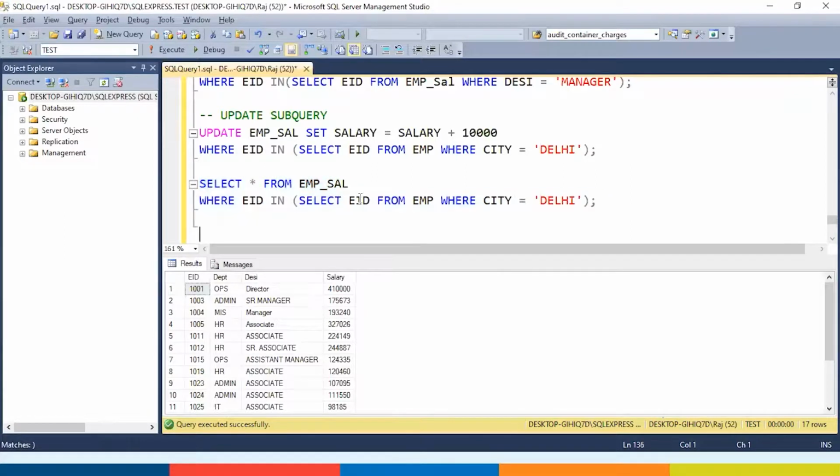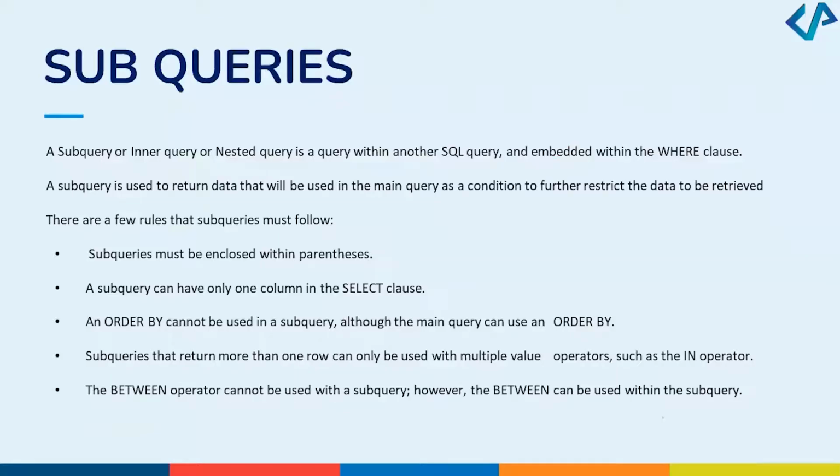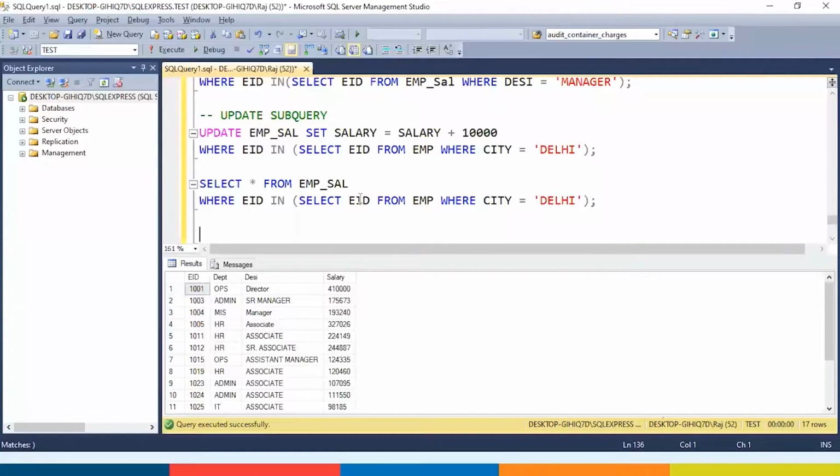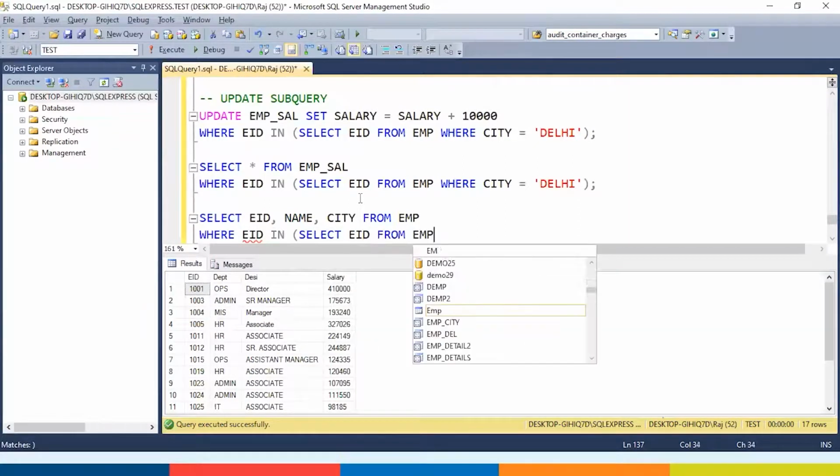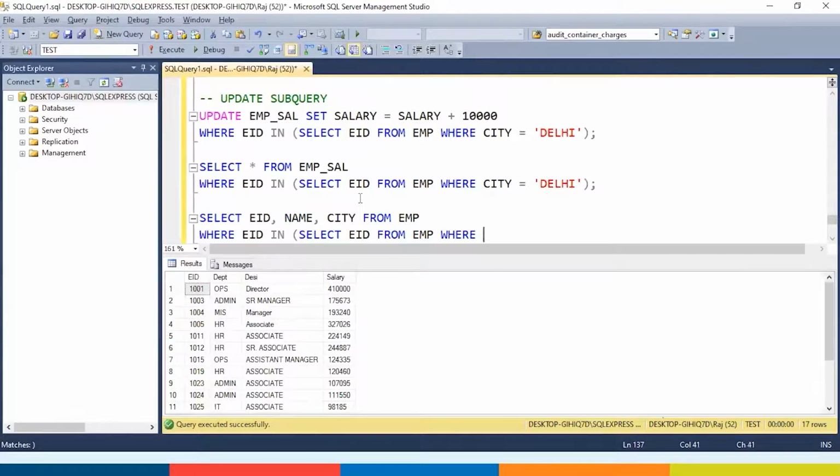Okay. Then third, order by cannot be used in a subquery, although the main query can use order by. So for example, if you are saying select EID, name, city from EMP where EID in select EID from EMP where salary is more than 200,000.